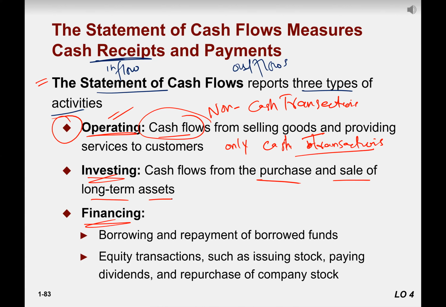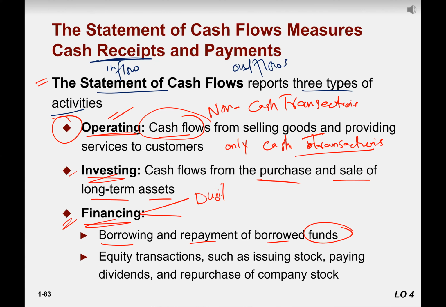Building, you sell furniture, or you purchase new furniture. So this is the net amount. Financing: borrowing or repayment of borrowed funds. You borrow money. Financing includes both from